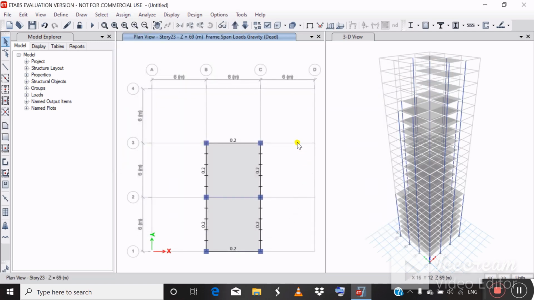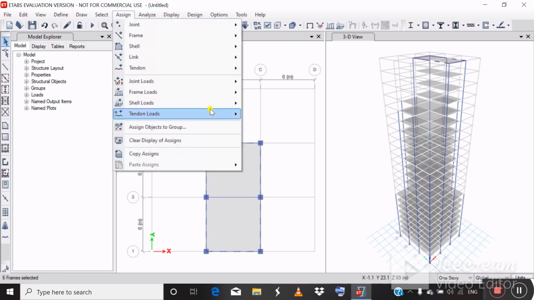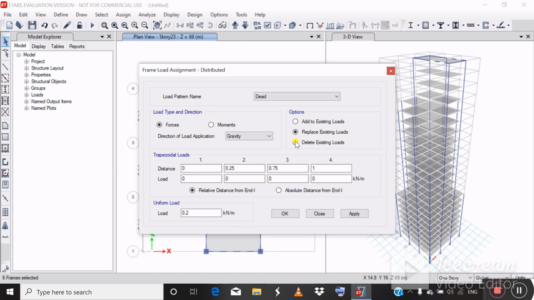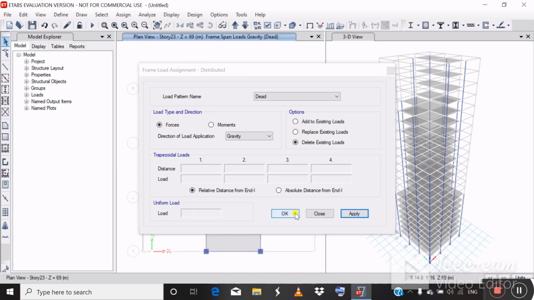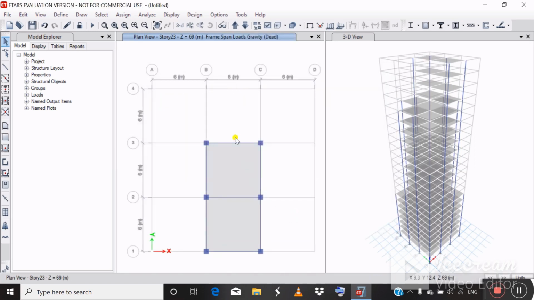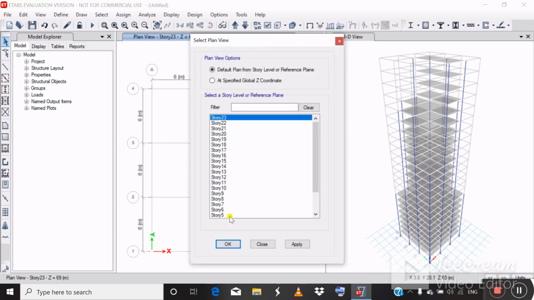Now remove the frame load from the top story. Now go to the base section.